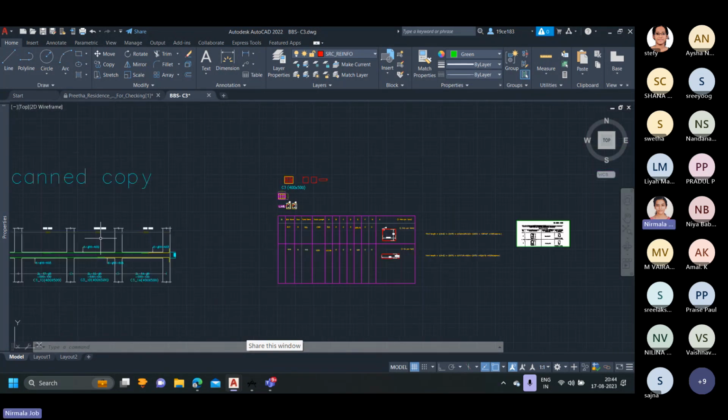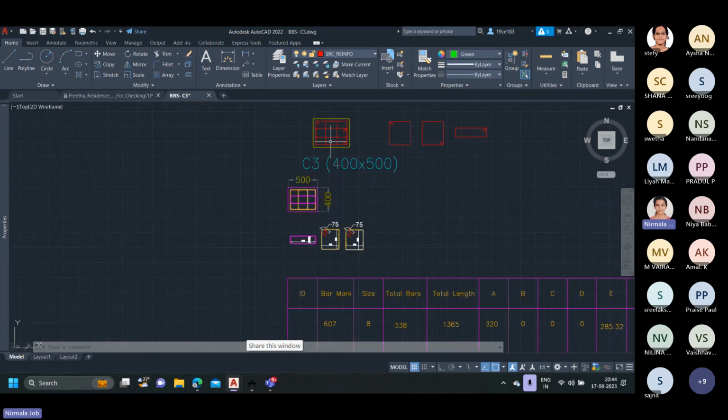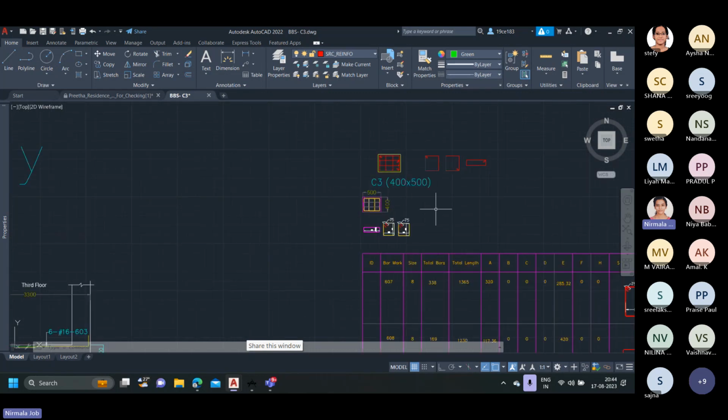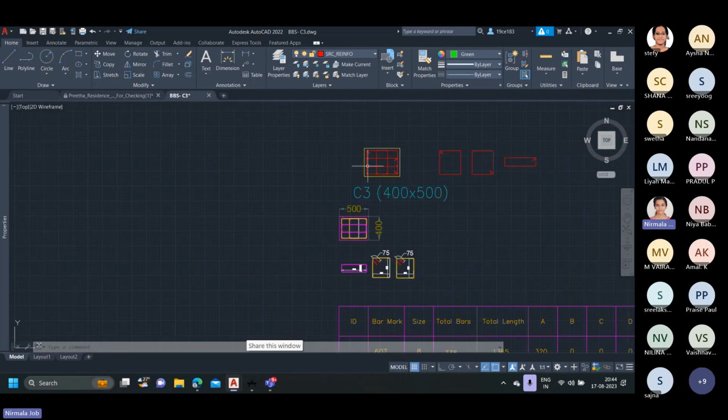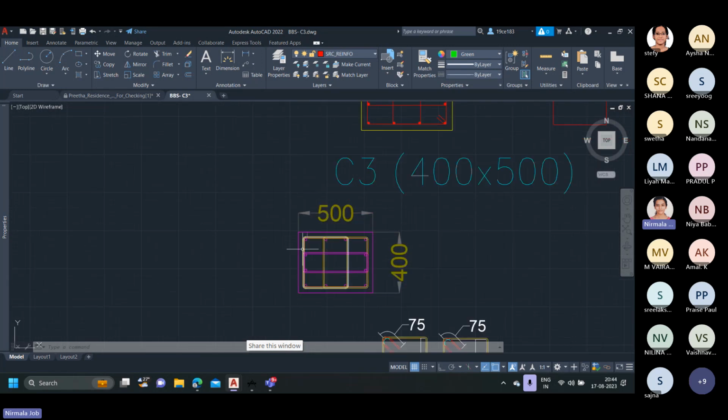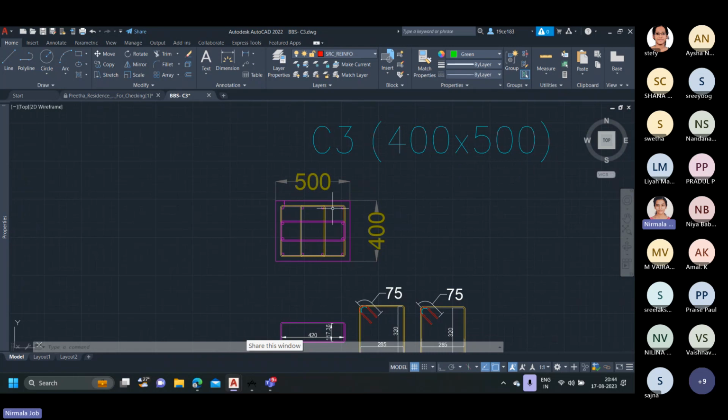In this particular C3 column, we can see that this is the section. In the C3 section, we can see that these many ties are present, that is 2 square shaped ties and 1 horizontal tie. For doing the manual calculation for quantity of ties, we need to actually draft this entire structure. First of all, if the dimension is 400 by 500, we need to draw a rectangle of dimensions 400 by 300. From that, we offset a distance of the cover of the column, that is 40 mm plus diameter and so on,